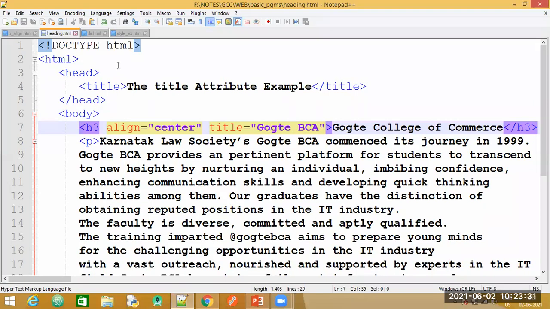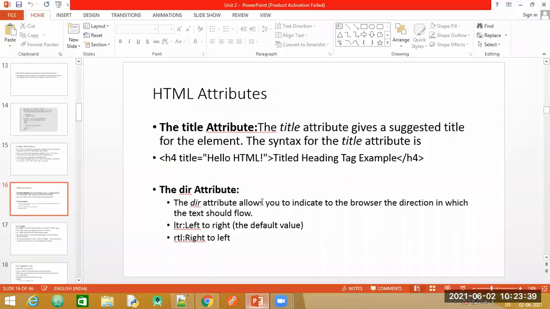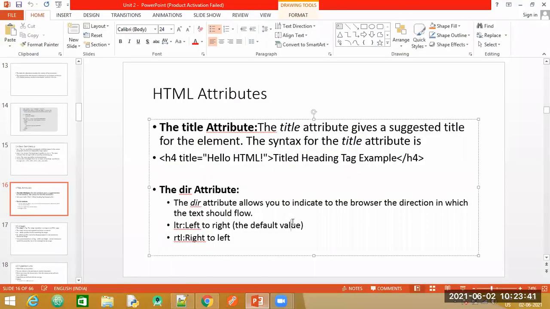Then next thing is we have another property that is called dir. Have a look at this PPT here. We have completed the title attribute. Next is the dir attribute. By default, when you place any text on your HTML page and run it on the browser, you will usually see that the text is flowing from left to right.